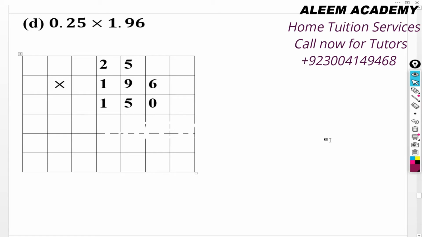Okay, now we move to 9. So we have to leave this one box. We will start from here. So 9 5s are 45. In place of 45 we will write just 5 here, and 4 will be added later. So 9 2s are 18, 18 and 4 becomes 22. 2 and 2. And now we have to leave one more box. We will start from here. So 1 5 is 5, 1 1 is 5, and then 2 1s are 2.